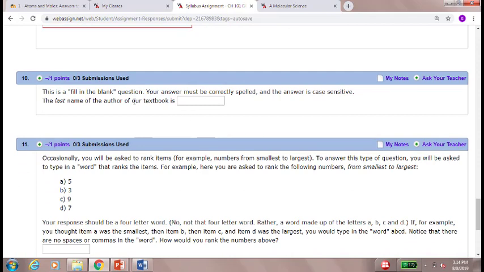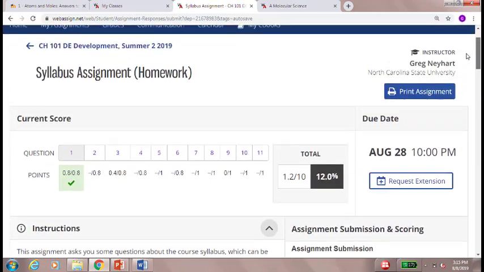Occasionally, there's a question that's a fill in the blank where you type in some text. And again, please take a look at these question instructions. In this case, the answer is case sensitive. So that gives you an idea of the different types of questions that we have in WebAssign. And again, we urge you to pay attention